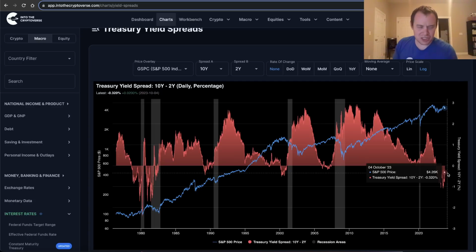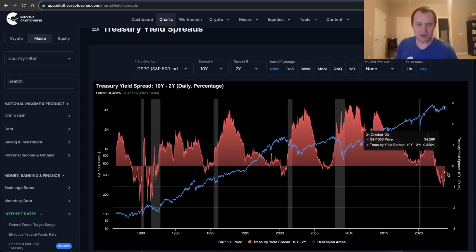We must understand that it normally takes a long period of time for interest rates to filter through to the economy. That doesn't mean recession now. It means that the risk starts to materialize. Okay? So we need to consider that as we approach this. What I would look for over the coming weeks and months is, where does the long end of the curve go? Does it continue to go up? If it does, does it go above the short end of the curve?